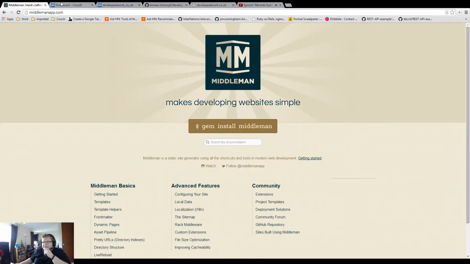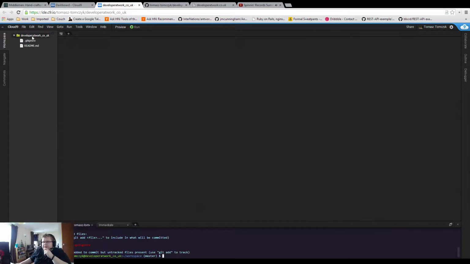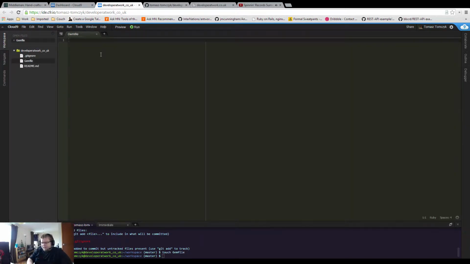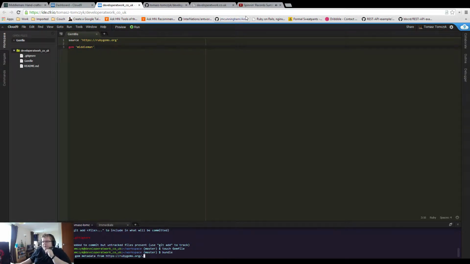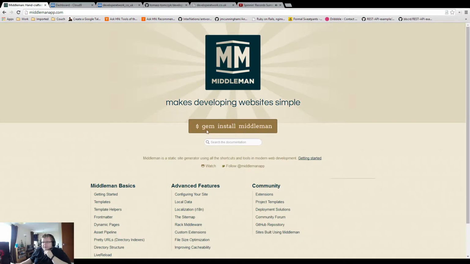Because I am going to be using Middleman, I think we need a Gemfile. That's the syntax: gem middleman. Mind you, I haven't used that before, so this will all be quite new to me. So we're installing Middleman and all of the dependencies for that.